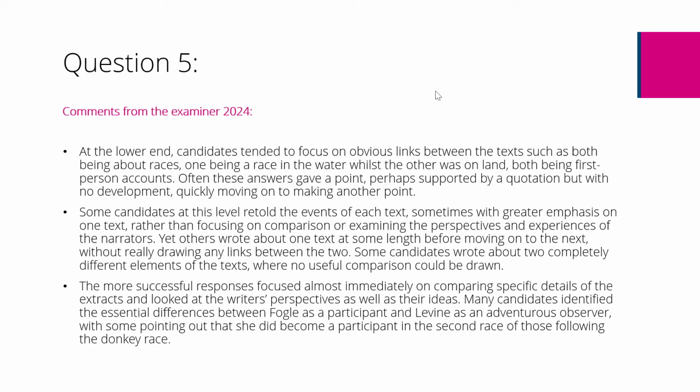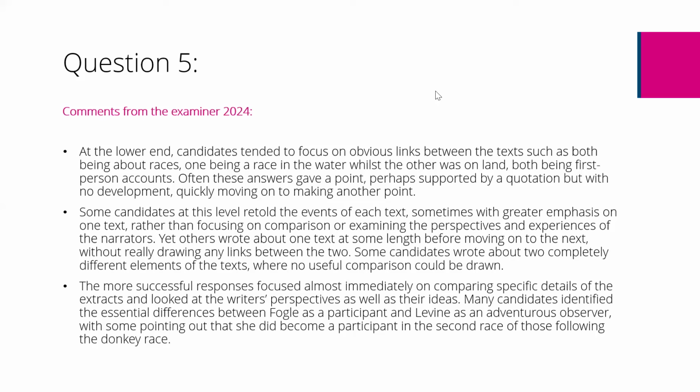These again are comments from the principal examiner in that principal examiner report. There are more comments in there for you, but we've picked out some of the main ones here. At the lower end, candidates tended to focus on obvious links between the texts, such as both being about races, one being a race in water whilst the other was on land, both being first-person accounts. Often these answers gave a point, perhaps supported by a quotation, but with no development, quickly moving on to making another point. Some candidates at this level retold the events of the text, that narrative approach, which is often unhelpful,